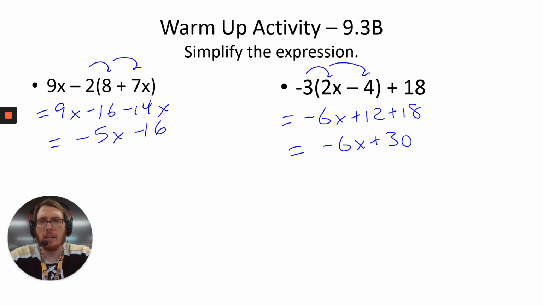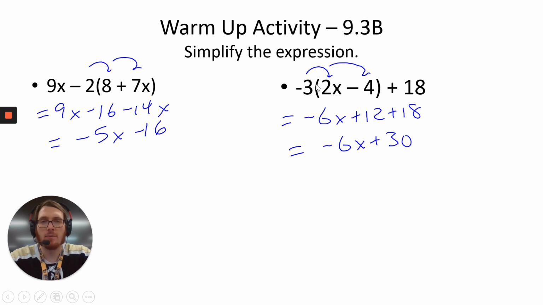First thing that we want to look at is just a simplifying question. So these both require the distributive property. The key is the negative sign. So actually this one on the right side is a little bit easier for students to solve than the one on the left. This negative 3 needs to be distributed into everything in the parentheses that's separated by addition or